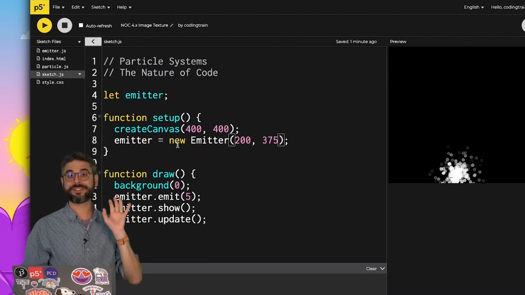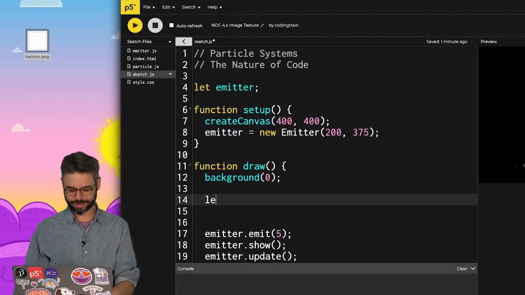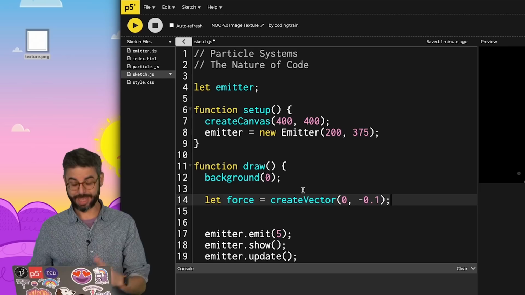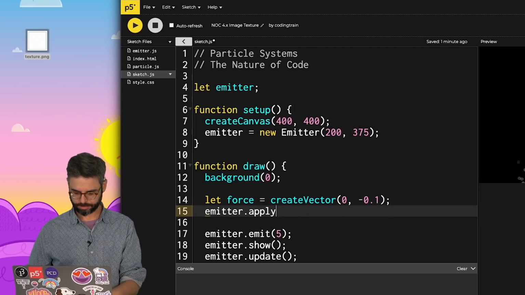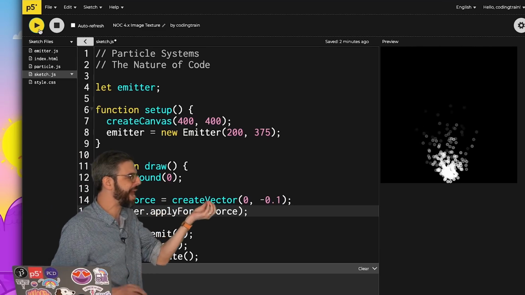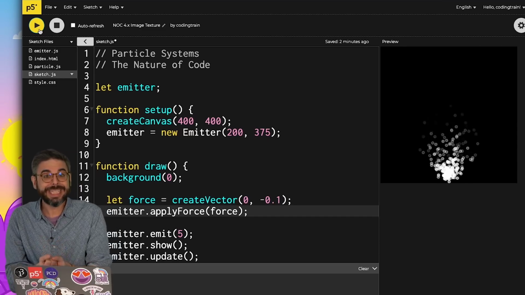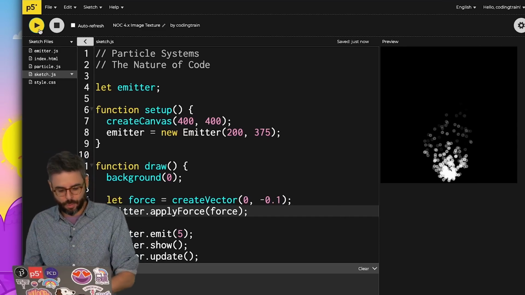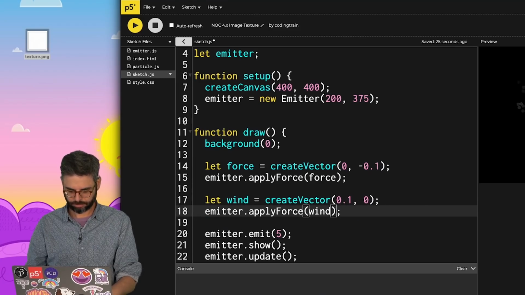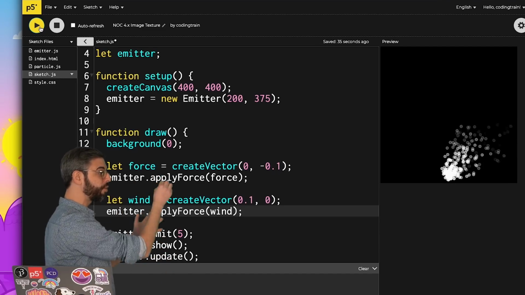But I just want to see if my applyForce function works. So I'm going to create a force that points upwards and then apply that force. I don't know if I've improved the visual result here, but we can see now I have these particles bursting out from the bottom and rising upwards. Incidentally, I could add a little bit of a wind force as well. There we go. And now we see that the particles are not only blowing upwards, but off and to the